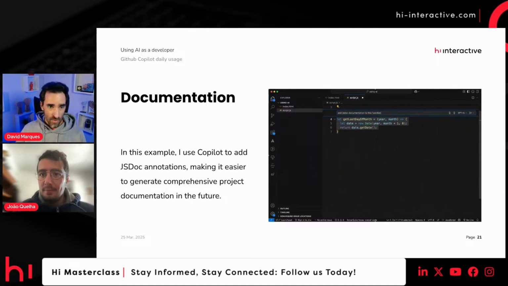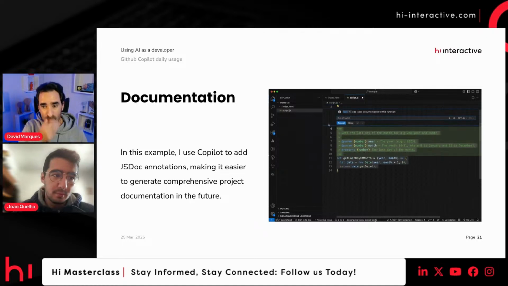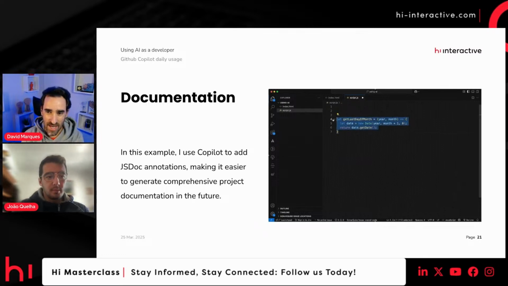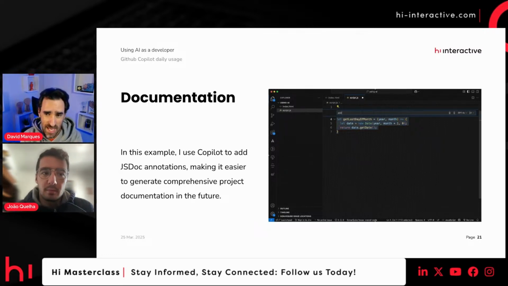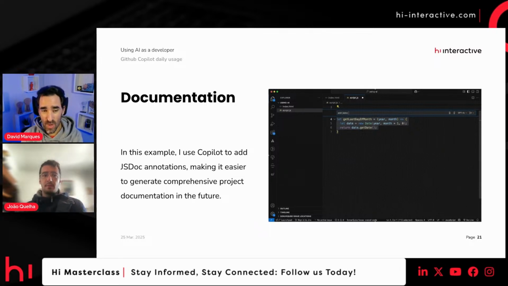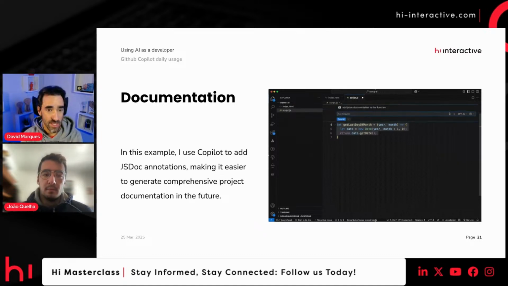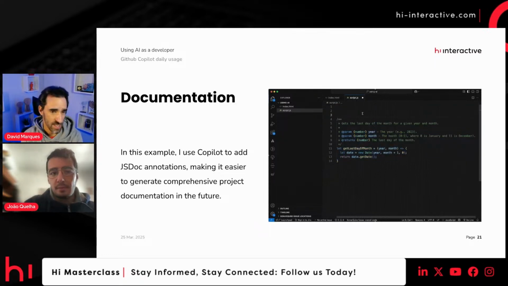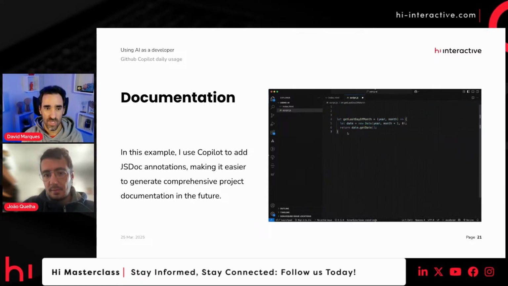Documentation. For me, one of the best features. In this case, I'm showing a function, get last day of the month, and I'm asking ChatGPT to add documentation, a comment on top of the function following the JavaScript documentation pattern, which can be helpful in the future to generate documentation from the project.